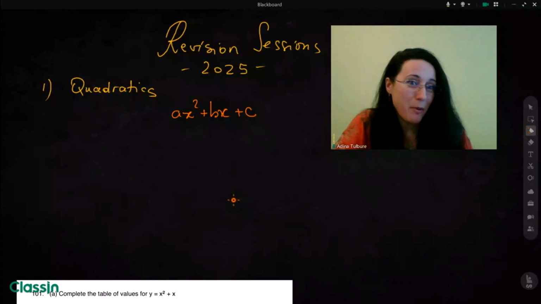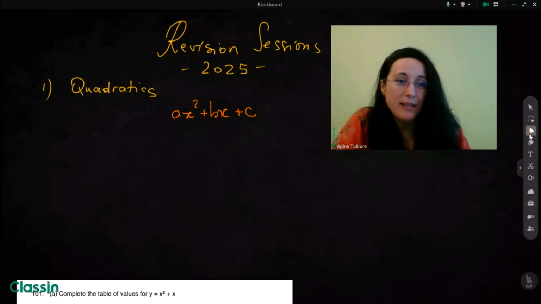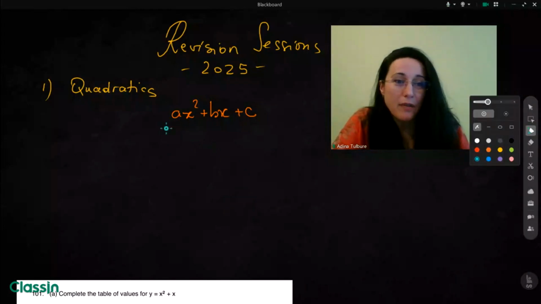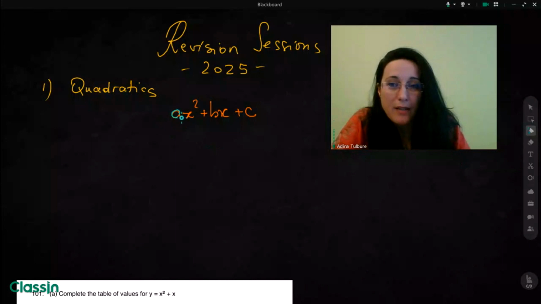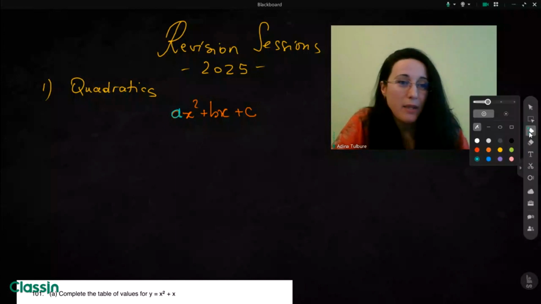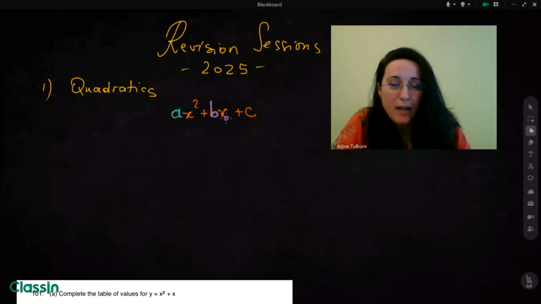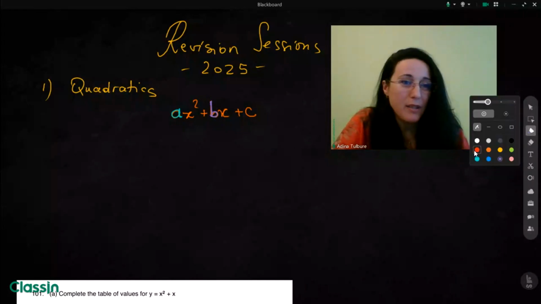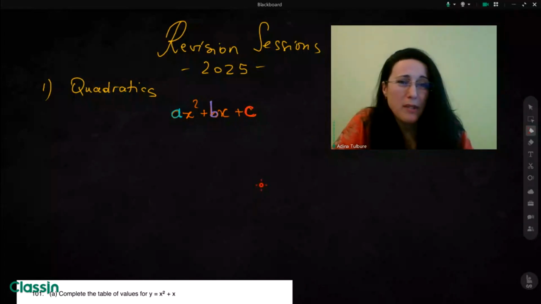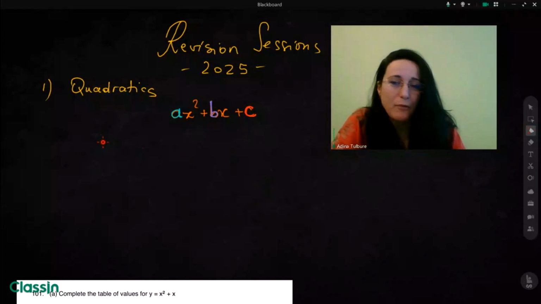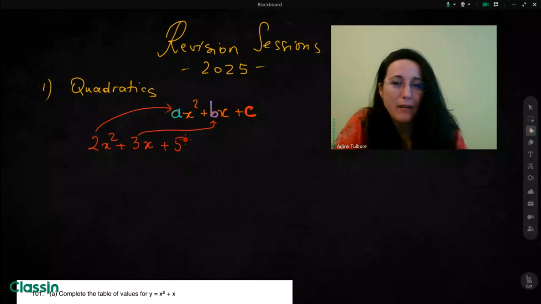So that's the general form, where a is considered the coefficient of x squared, b is the coefficient of x, and c is obviously the constant. Let me give you some examples of quadratics. For example, 2x squared, that is your a, plus 3x, that 3 here would be your b, plus 5, that's